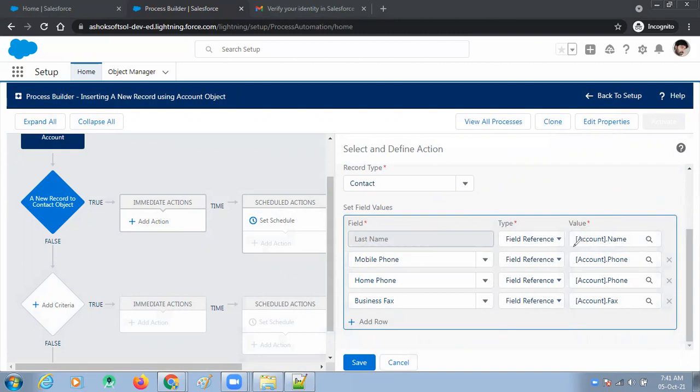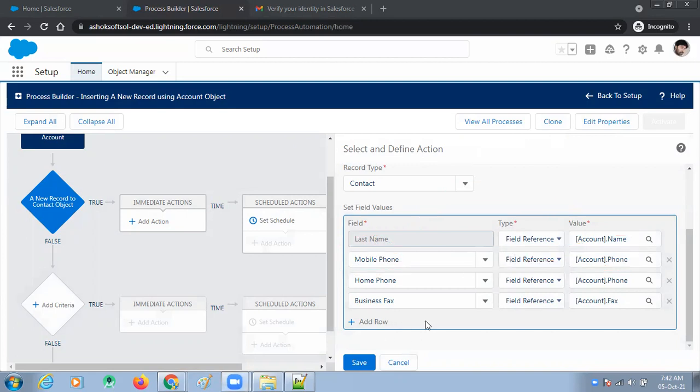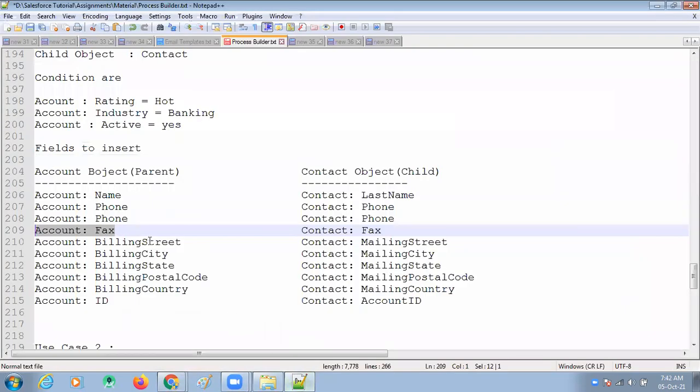If you enter a name value into the parent record, that value is automatically inserted into the child record last name field. Whenever you enter a value into the parent record phone number, that value is automatically inserted into the child record mobile number. So what are the fields you want to map? Business fax already, billing street, billing city, billing state. It means mailing street.